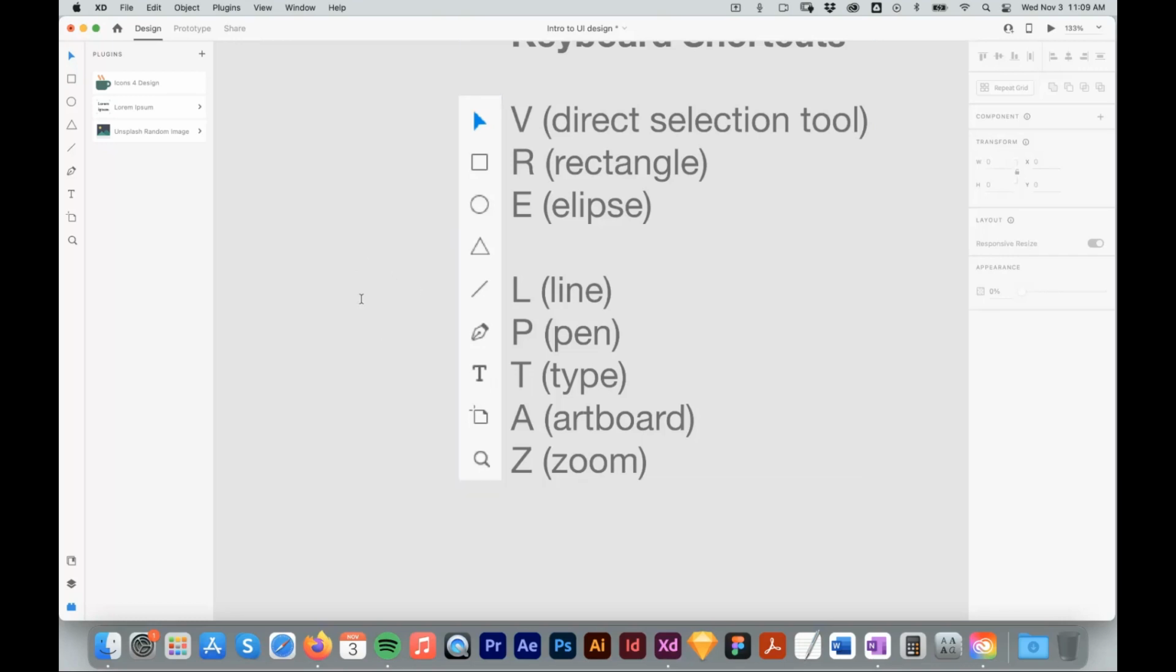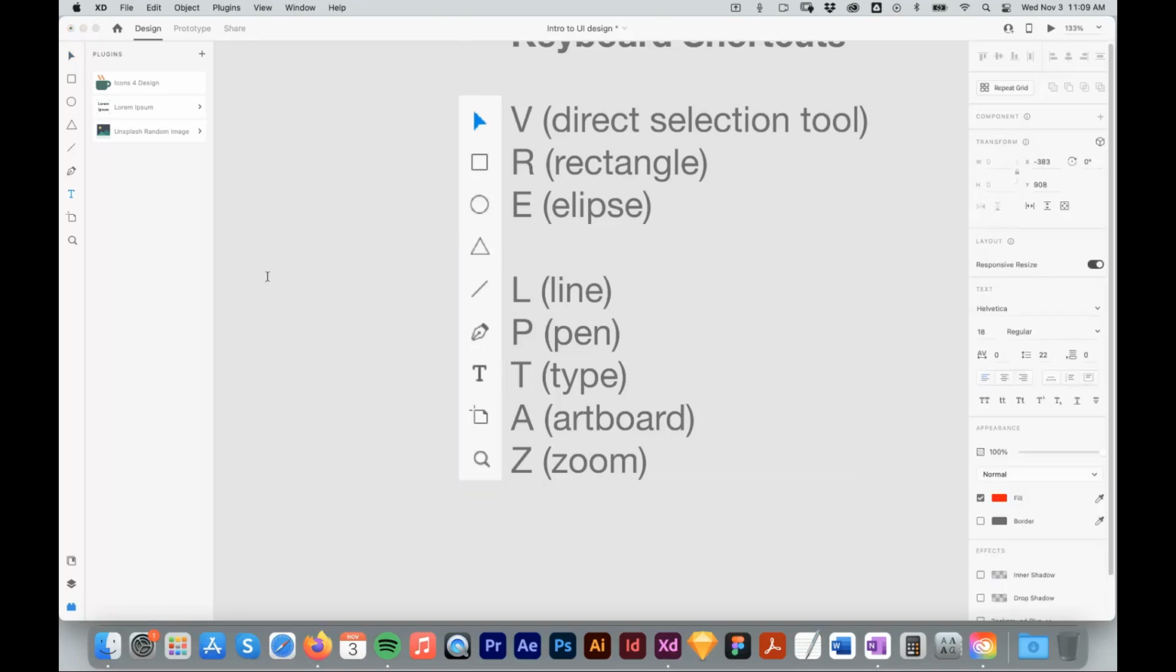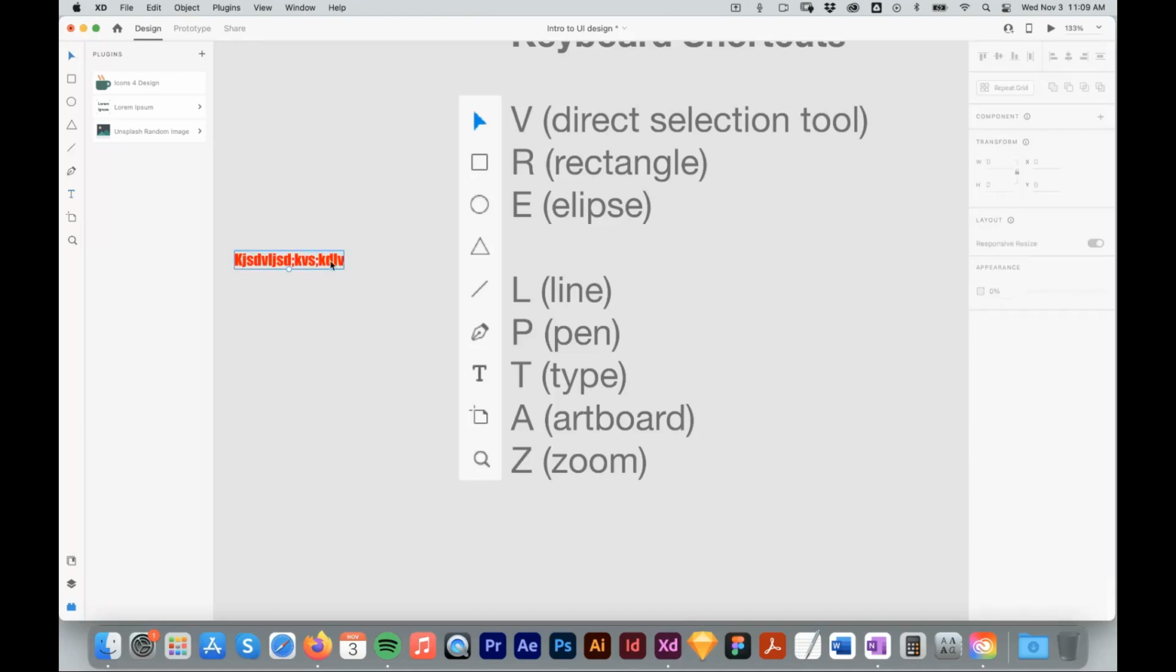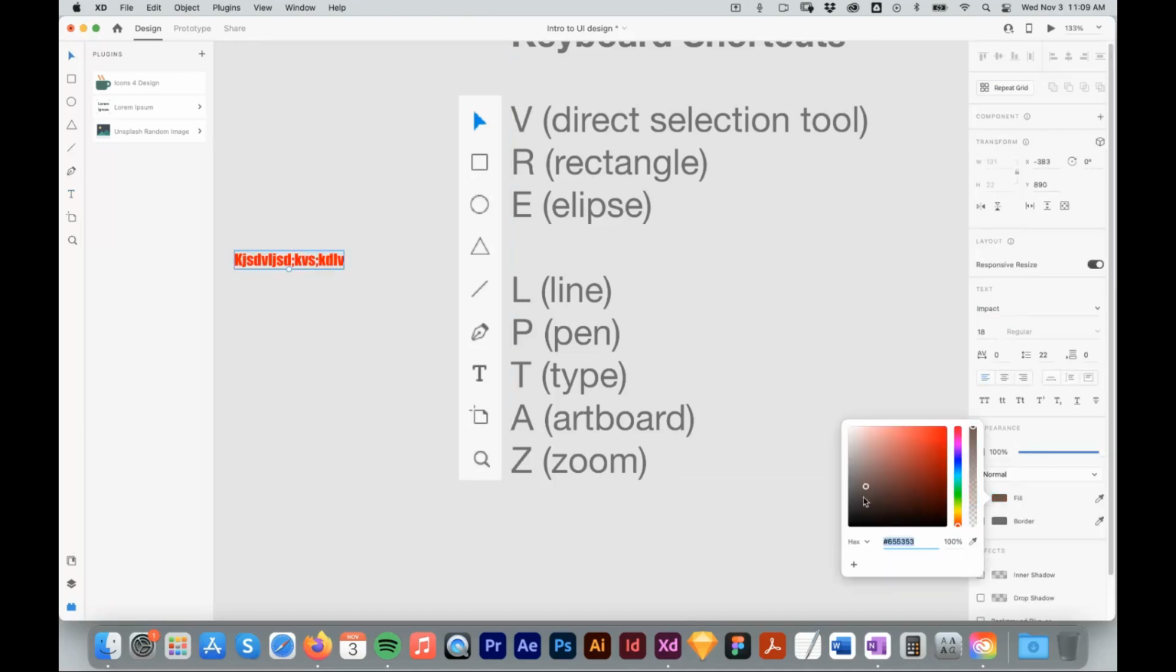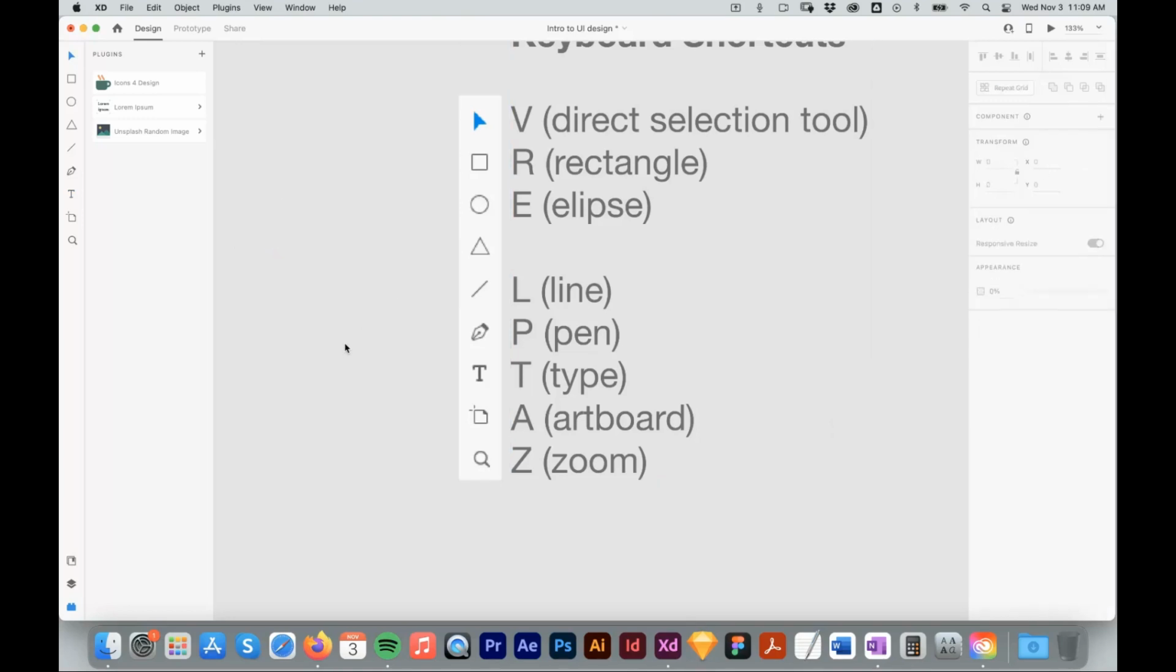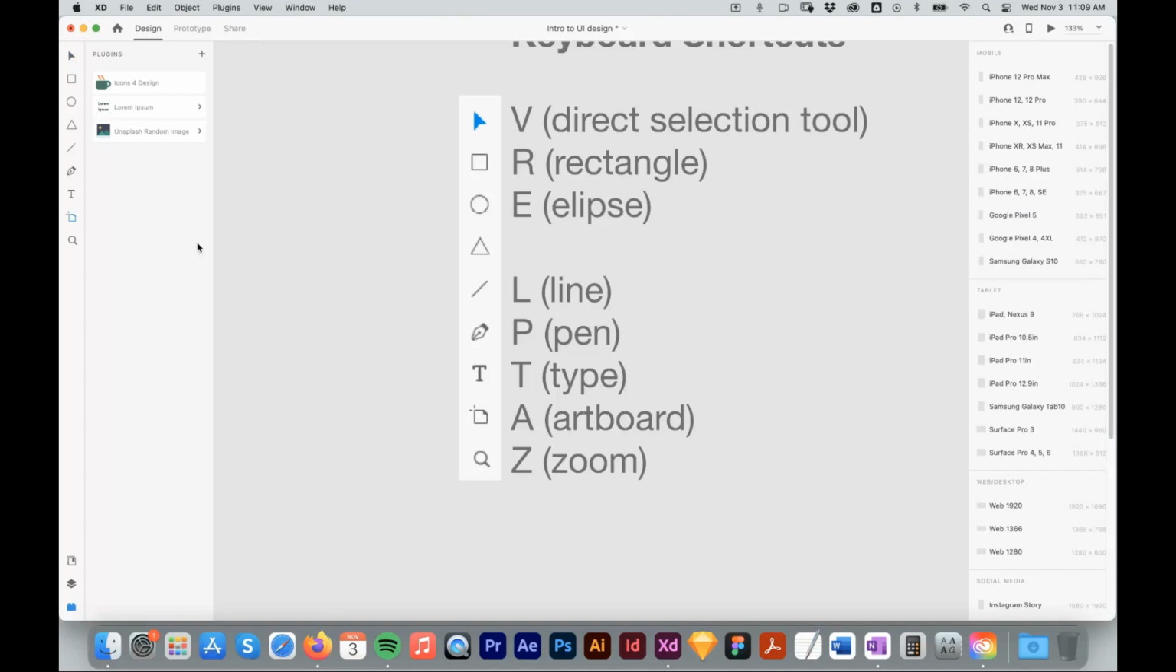All right, T for type. You just want to click and you just start typing. And then you can select all. It's very similar to any tool you've ever used before. You can change the font over here to anything that you might like, change the color, etc. All over there in that inspector, as I said. A for artboard. So again, if I click that, this becomes blue over here. I get that list of possible devices I might want. And then Z for zoom,